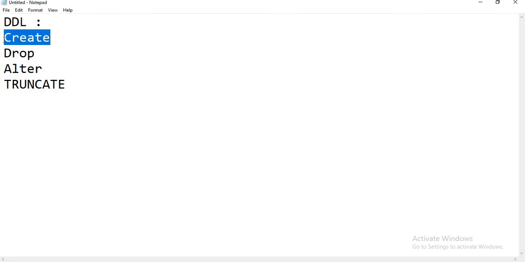Create is the one which helps us to create different types of objects in the PostgreSQL server. Drop is the one which helps us to drop an object permanently from a PostgreSQL server. Alter helps us to modify an existing object. It can be any object: a procedure, a function, a table, a column, whatever it is. Next, truncate. It helps us to truncate the data existing in a particular table. So these 4 are different commands, each having its own uniqueness. We'll talk about these 4 commands very clearly in the PostgreSQL server now.